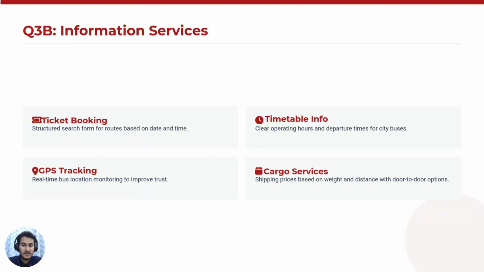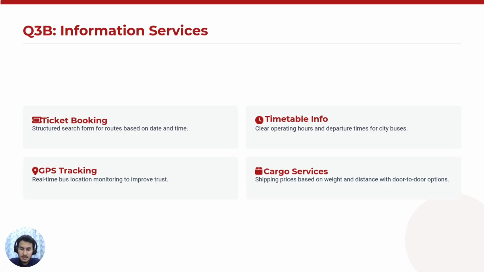Okay, next in question 3B, information services. In this slide, I summarize the key information services provided by Bus Asia. First, users can do ticket booking through a structured search process where they can choose routes based on date and time. Second, the website provides timetable information so users can easily check operating hours and departure time, especially for